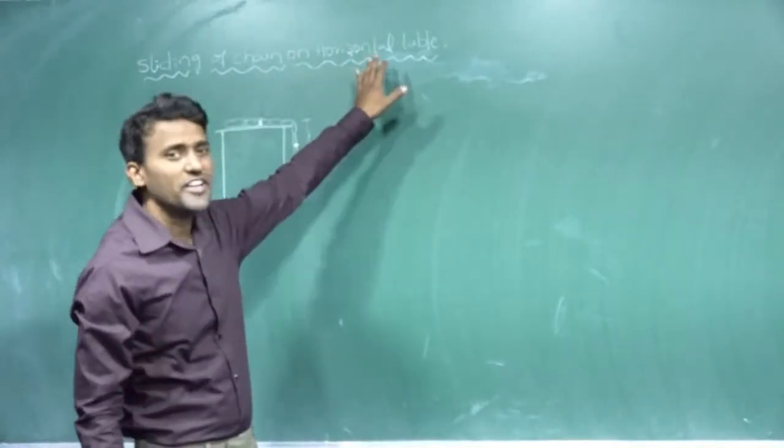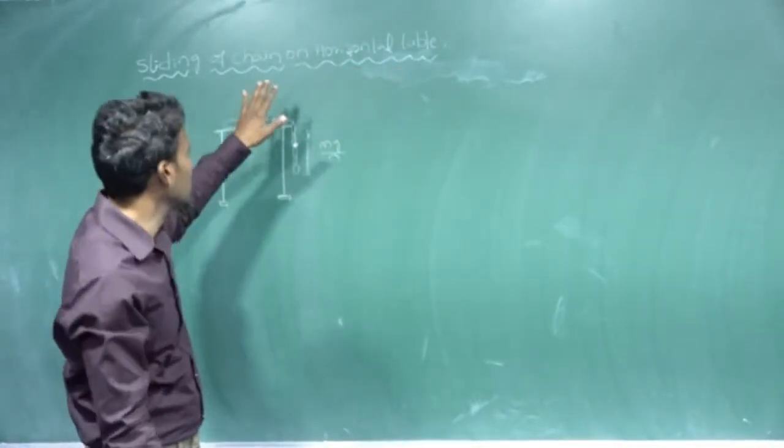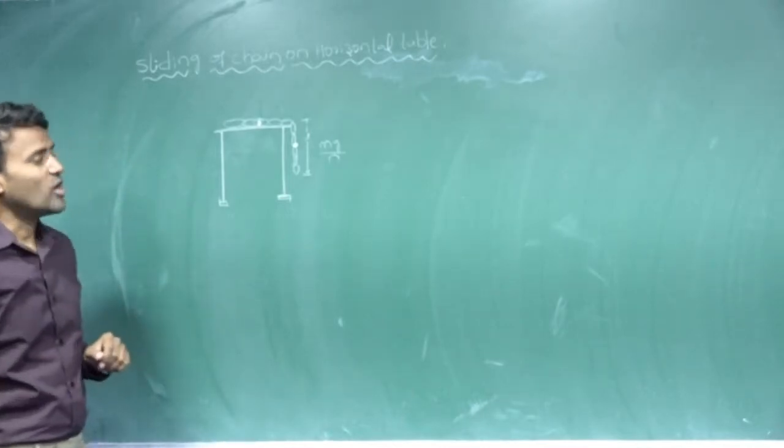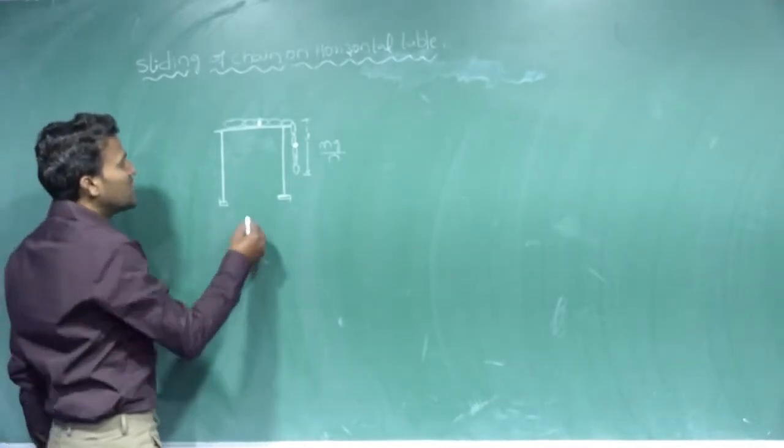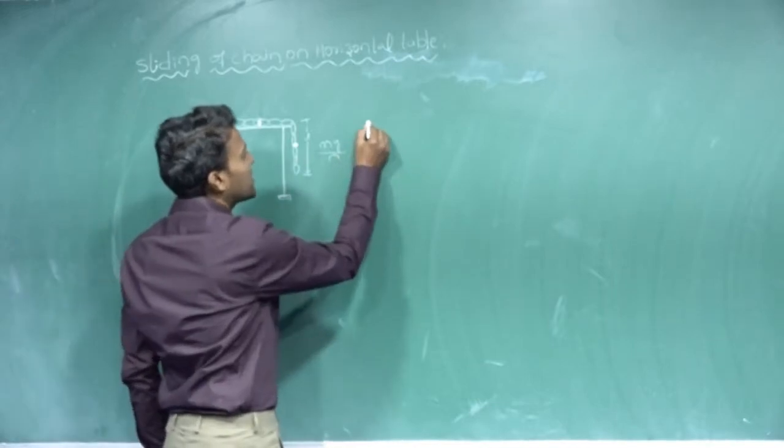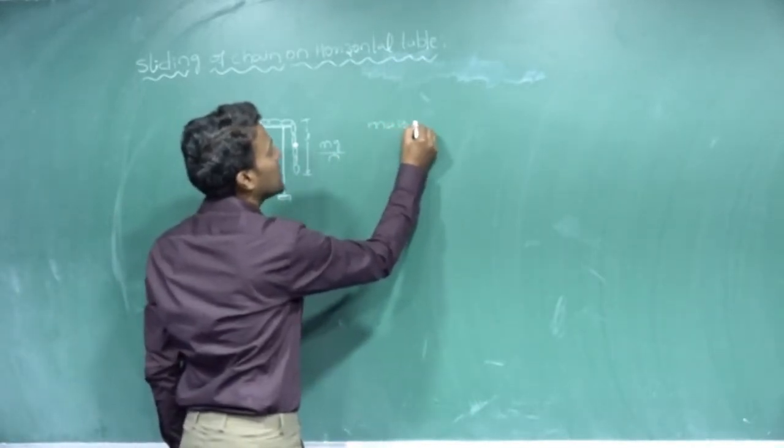Sliding of a chain on a horizontal table. See here, the length of the chain: first I am writing the mass of the chain,